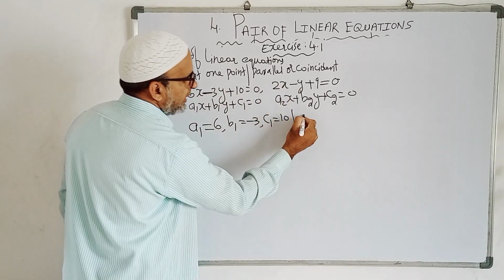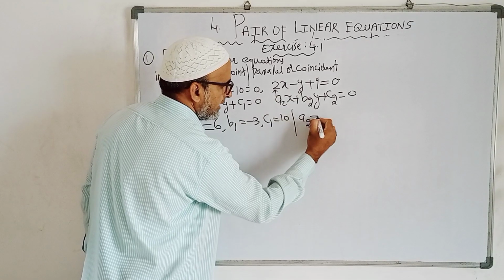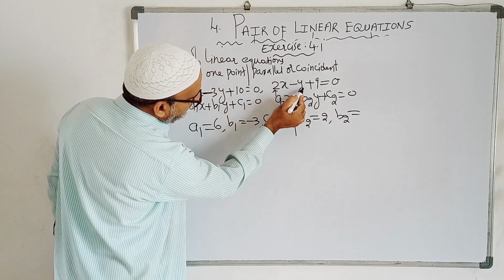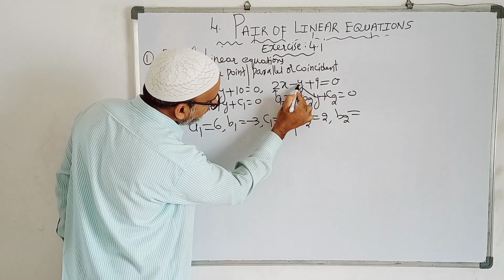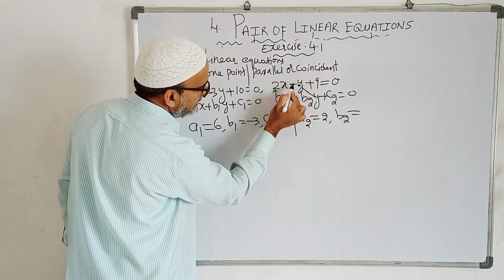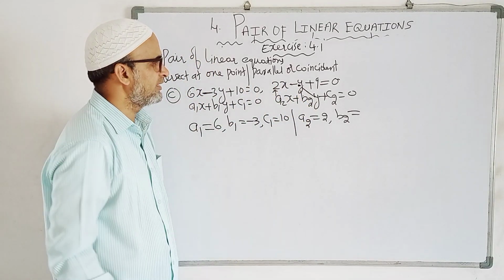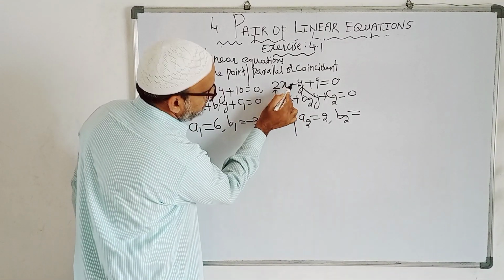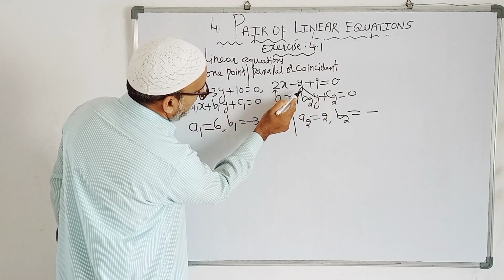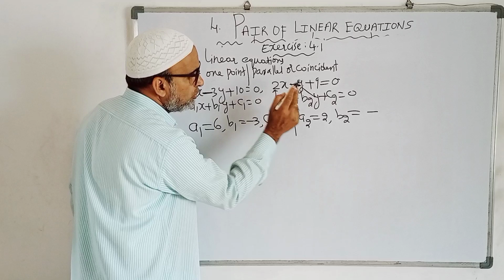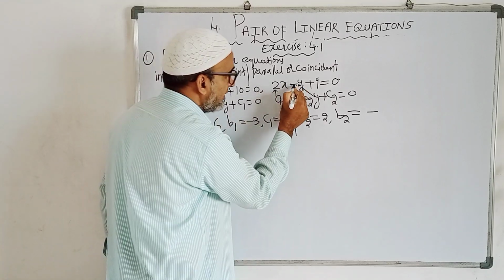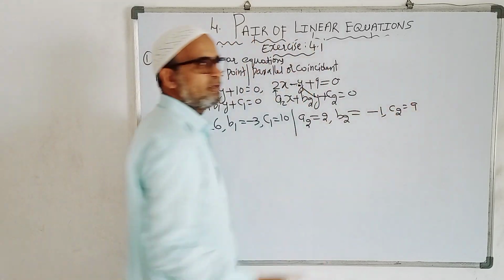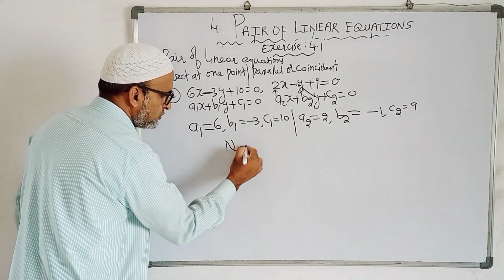Now if I come here, A2 value is 2. B2, now this is very important. B2 is equal to, you see, y is compared. Beside this y, what is the coefficient here? 1, with which symbol? Minus 1. Very important. Here many students will make mistakes. So here plus, but here minus. We should write minus compulsorily. Here y is compared. You will think that nothing is there, no. y means 1y is there. So minus 1. Next is C2. C2 is equal to 9. All values you got.